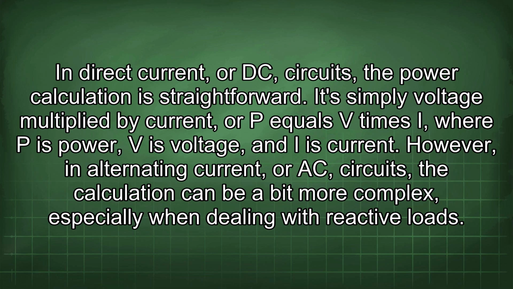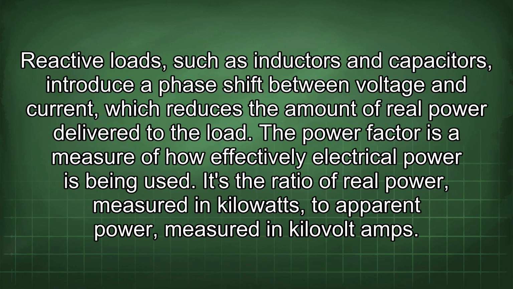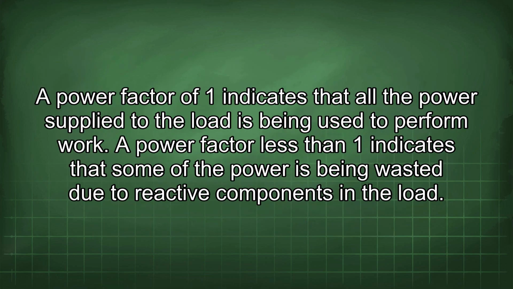dealing with reactive loads. Reactive loads, such as inductors and capacitors, introduce a phase shift between voltage and current, which reduces the amount of real power delivered to the load. The power factor is a measure of how effectively electrical power is being used. It's the ratio of real power, measured in kilowatts, to apparent power, measured in kilovolt amps. A power factor of 1 indicates that all the power supplied to the load is being used to perform work. A power factor less than 1 indicates that some of the power is being wasted due to reactive components in